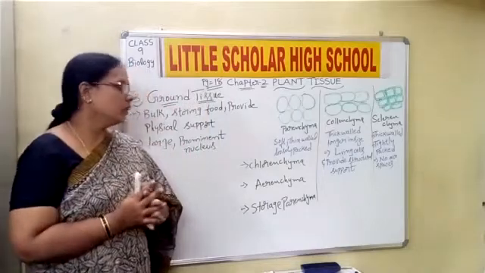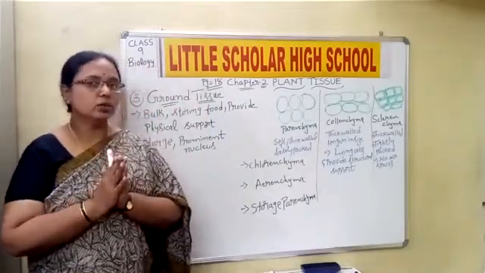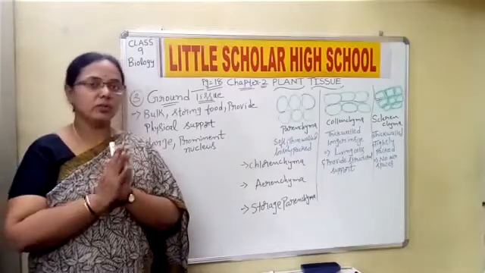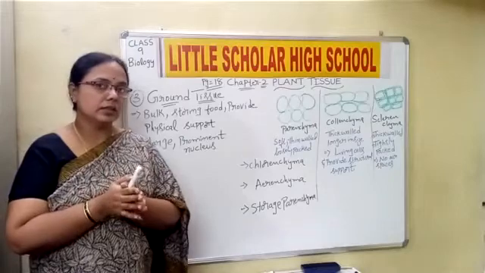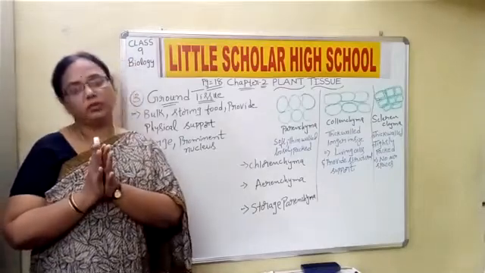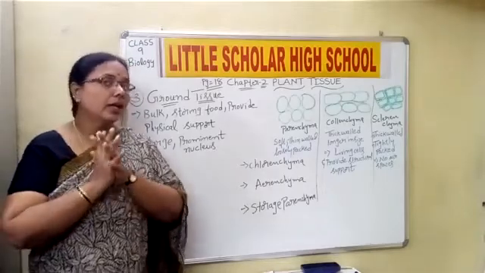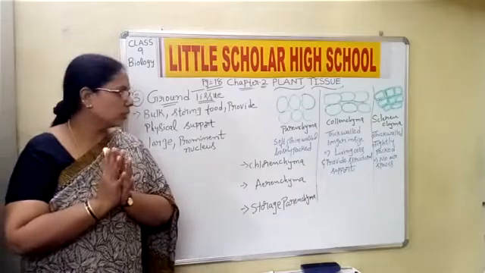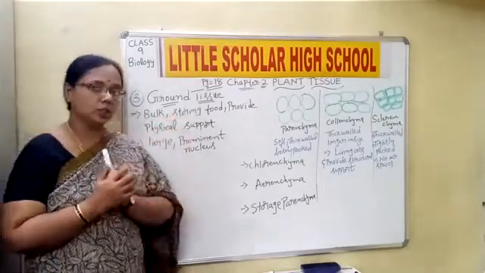Now in our previous class we have discussed the meristematic tissue and the dermal tissues. Meristematic tissues are of three types: apical, lateral, intercalary. We also discussed the dermal tissue, the epidermis, stomata and root hairs, and their location and functions. Now let us move to the third type, that is ground tissue.